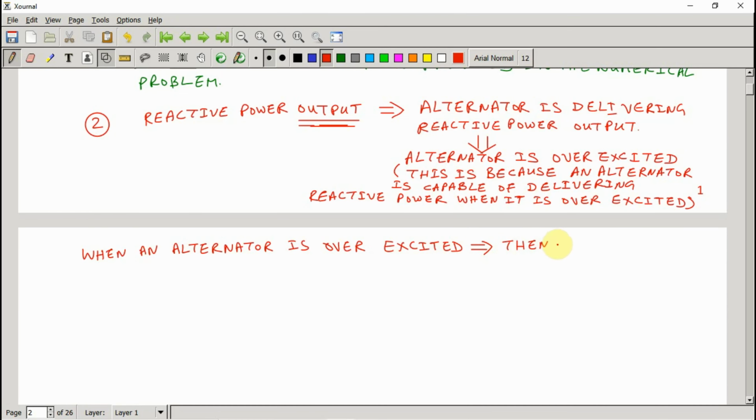Then it operates at lagging power factor. Lagging power factor. Now, when it is overexcited, it is going to operate at lagging power factor. This we are saying for the alternator, but I need to mention here that the alternator